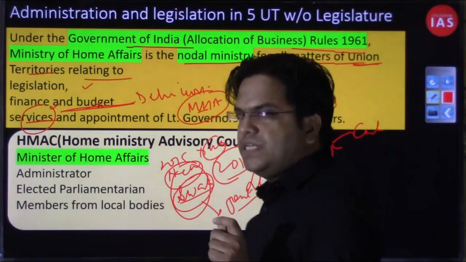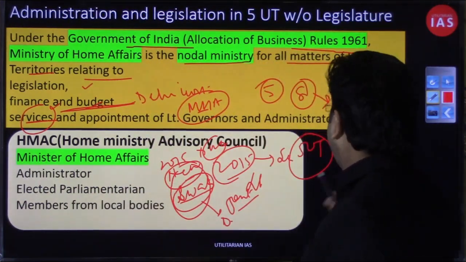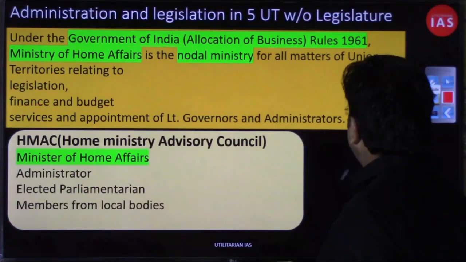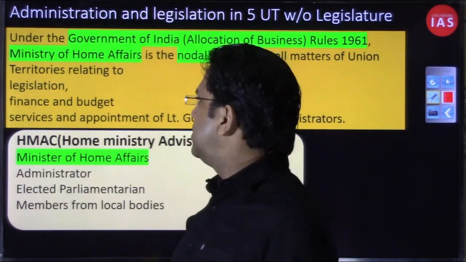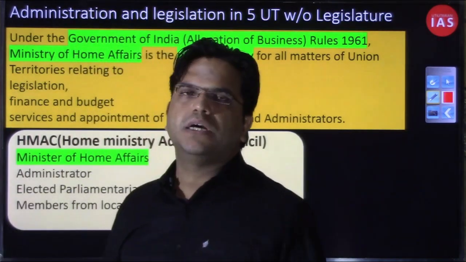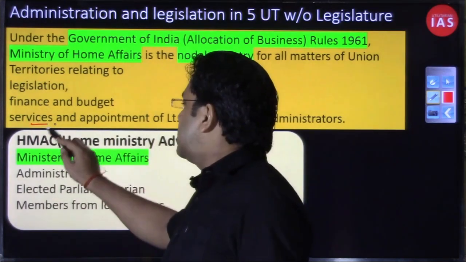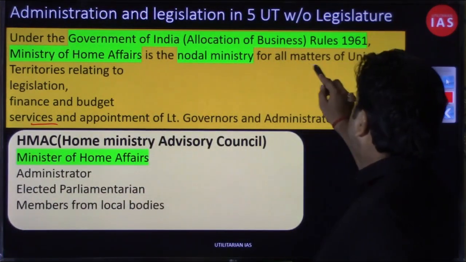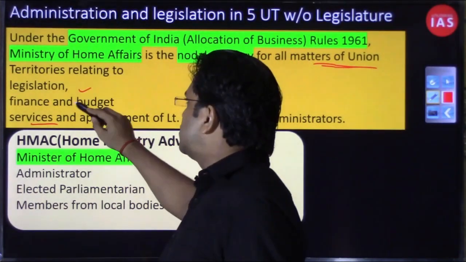Again the LG intervened: why was my suggestion not taken? So in matters of all the major appointments that have happened in the last 6 years by the AAP government, somewhere you had this LG, lieutenant governor, or rather I should not point out the role of the lieutenant governor, but this unclear provision that covers matters of union territories related to legislation, finance, budget